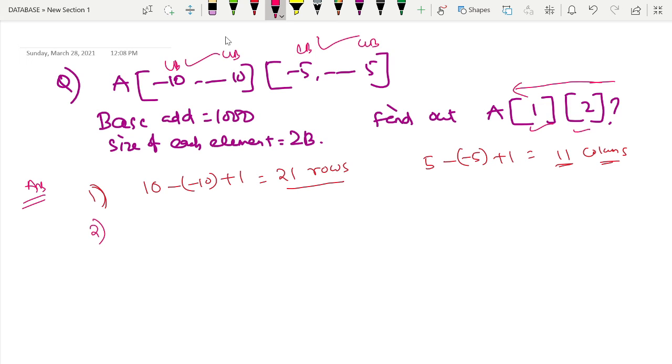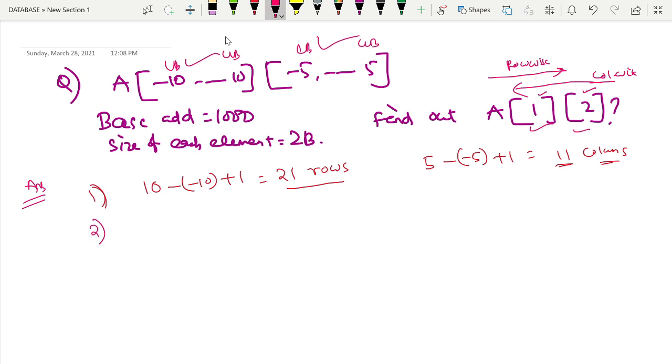First we give importance to this index, then this index, because it is stored in column order. So first we calculate how many columns are there, then how many rows. If row-wise is given, then go from this side to this side. If column-wise is given, then go from this to this side.